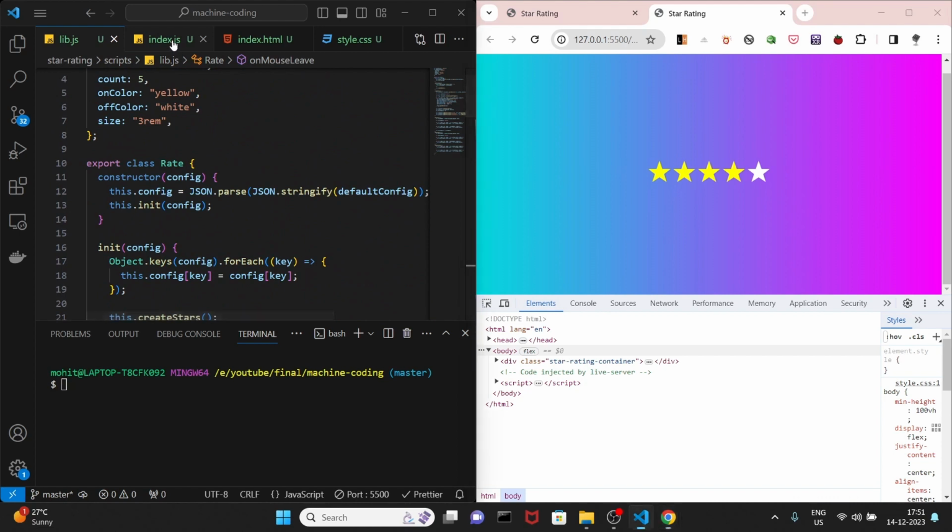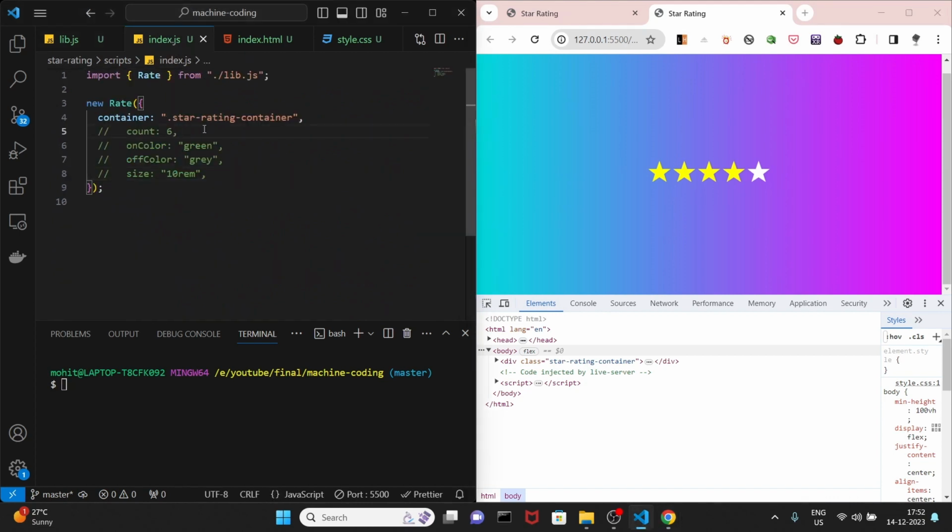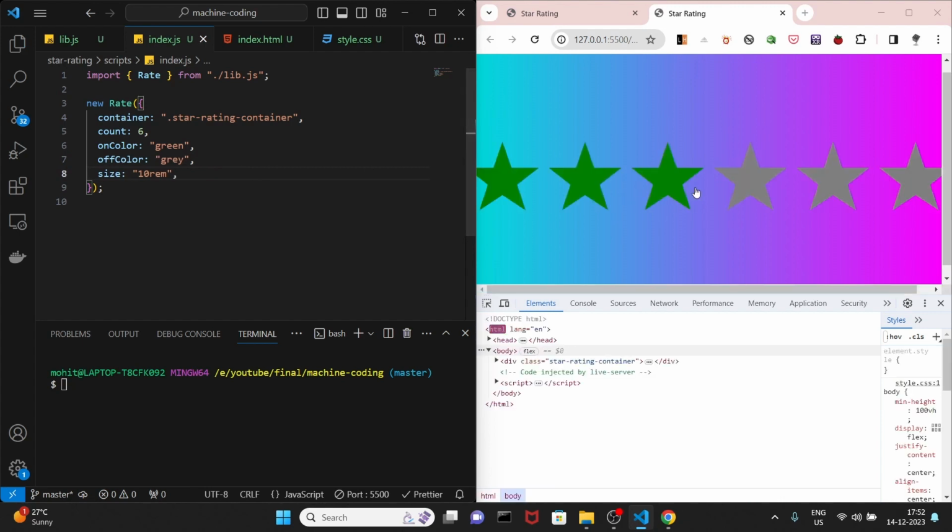And let me now show you the power of writing JavaScript. So if I make it count six, save. As you can see, we have now 6 stars. Let me make the one color different, green, and save it also. As you can see, it's working fine. Gray, size 10 mm, save. Obviously, this overflowed it. But yeah, as you can get my point, like using JavaScript, we're able to get a